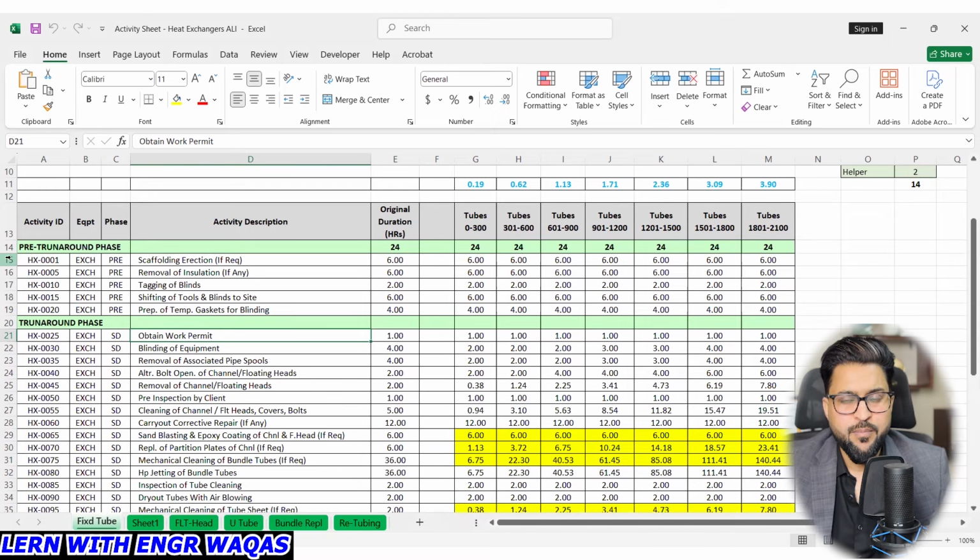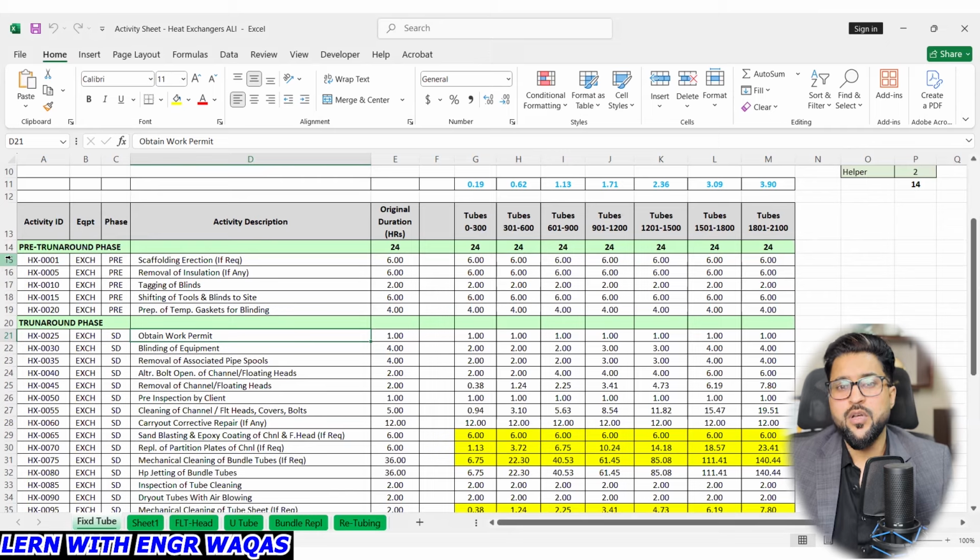Every schedule, maintenance, shutdown, turnaround is going to be divided into three categories, and this is called your WBS, work breakdown structure. The definition of work breakdown structure means you are going to divide your project into sub components so that you can easily manage and plan and track your work, right? So we are going to divide on the higher level this turnaround or your shutdown into three categories: pre shutdown